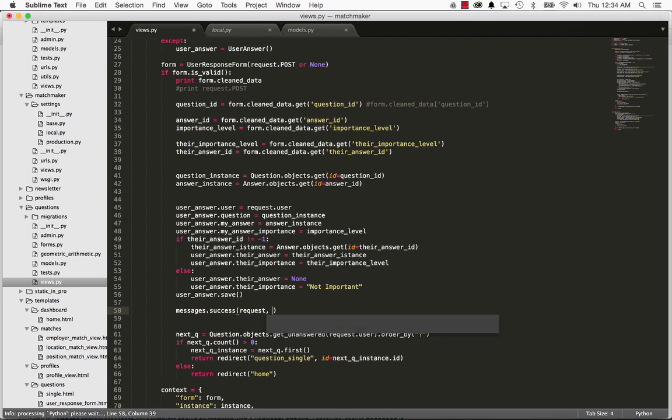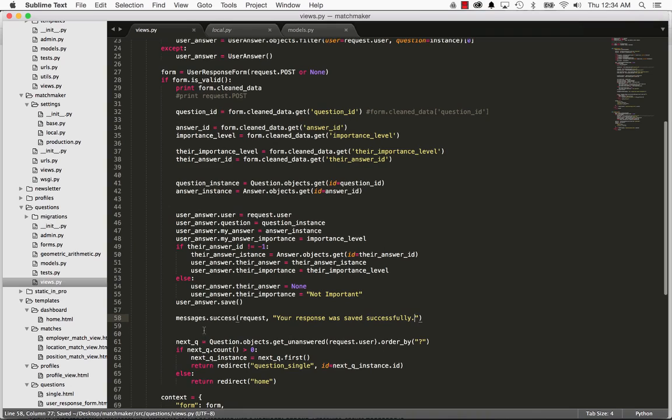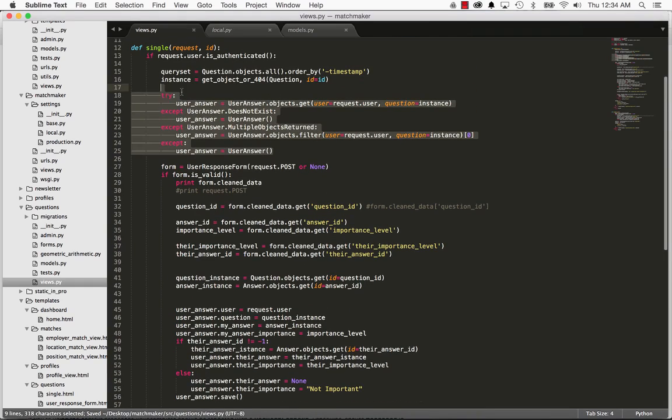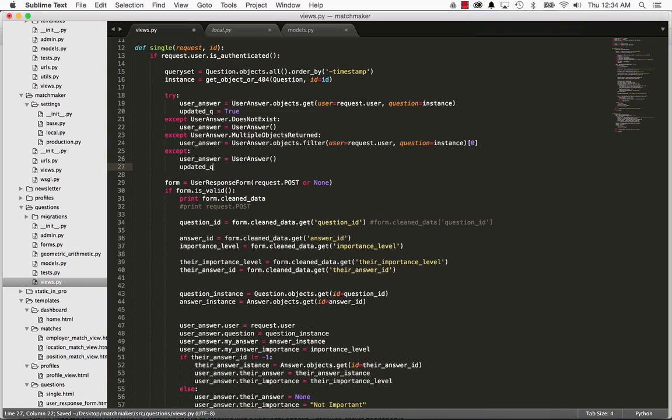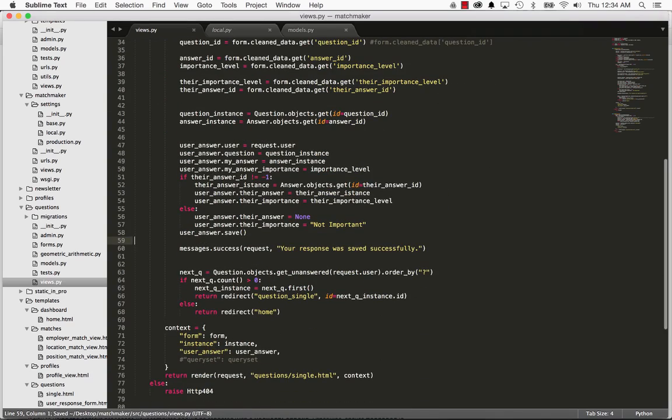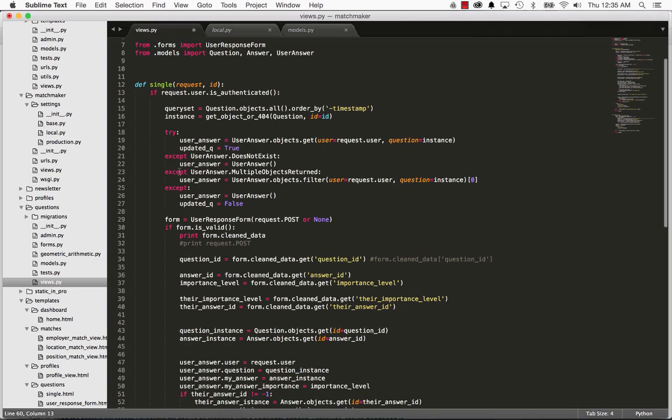It takes the request, and then finally a message that we say. So, your response was saved successfully. And how you would do it, whether or not it's updated, has everything to do with this stuff. If the question instance existed, you would say updated_q equals true. If it did not exist, you'd say updated_q equals false, and then we would just go down here and say, lastly,